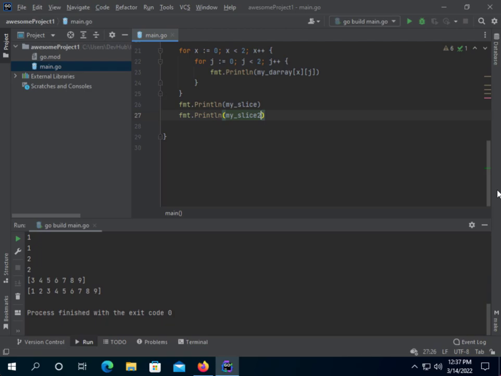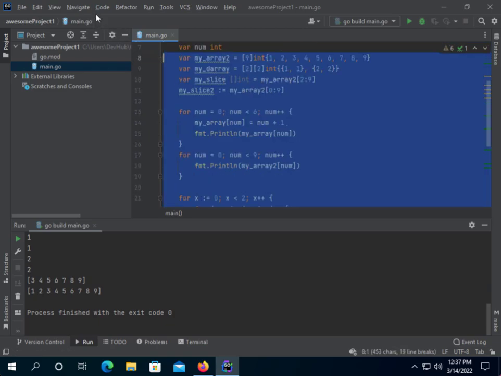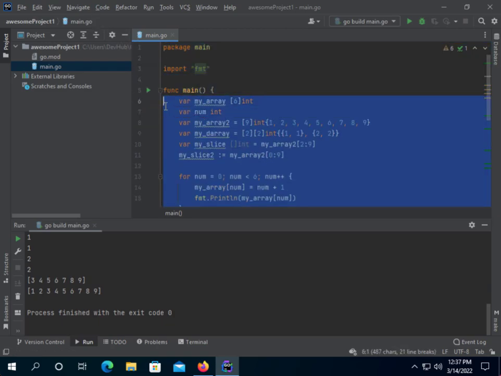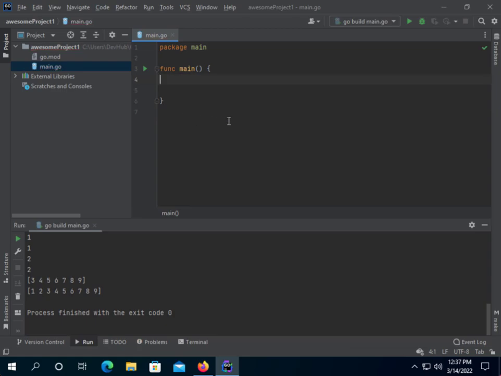That's it for the arrays. Right now let's move on to strings. Let's remove everything here because this is for the arrays. In Go we can use strings. A string is anything inside quotes. Let's say var name, without the data type, equals